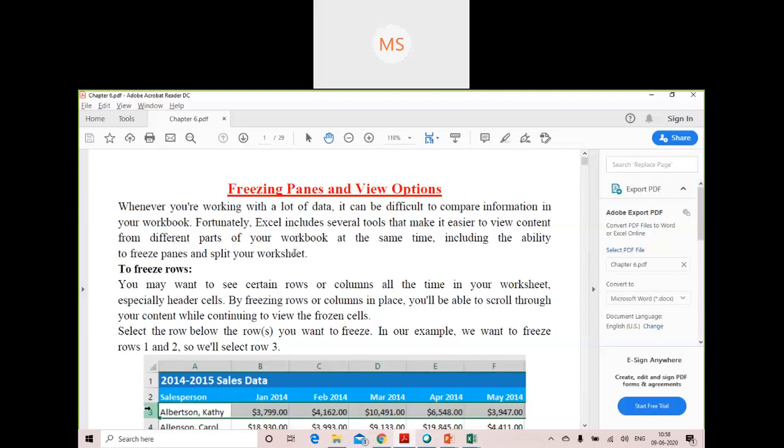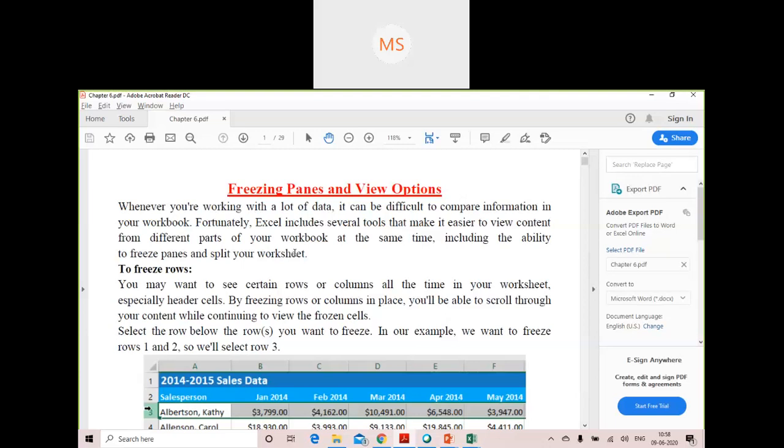Fortunately, Excel includes several tools that make it easier to view content from different parts of your workbook at the same time, including the ability to freeze panes and split your worksheet. The freeze panes option will allow you to freeze some of your rows and columns so that they remain static and won't move.